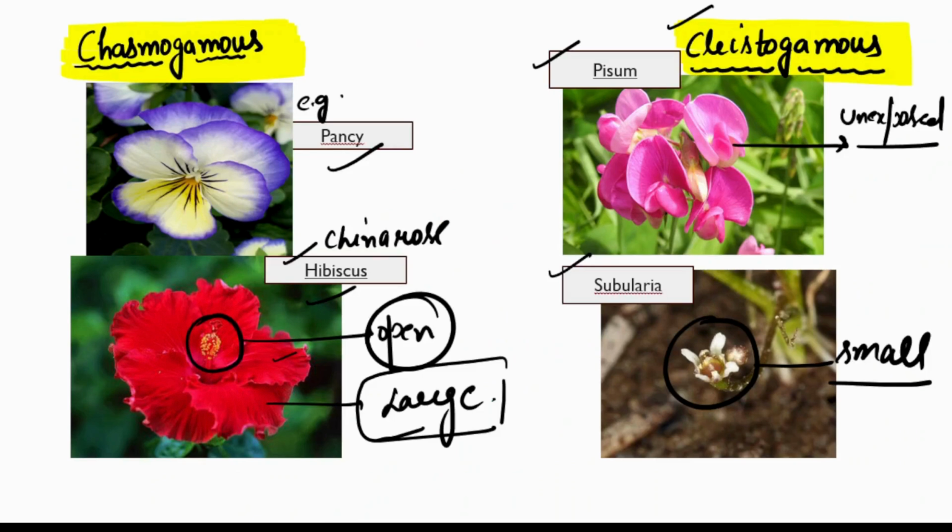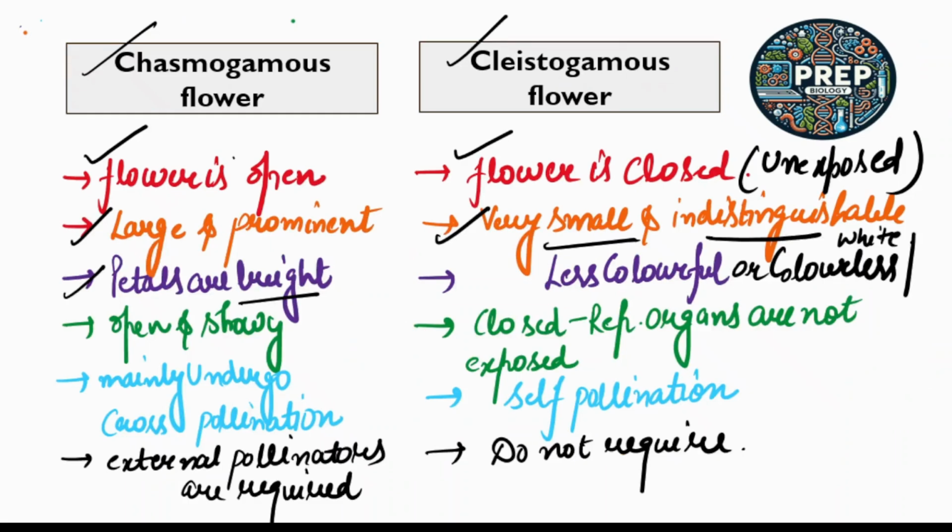If we see here, the chasmogamous flower, this is the purple color, this is the red, this is a very bright color, and clistogamous is white or very less colorful. Okay, so the next difference is that the chasmogamous flower is open and showy in nature, and the clistogamous flower is closed, that is the reproductive organs are not exposed. We have discussed this earlier.